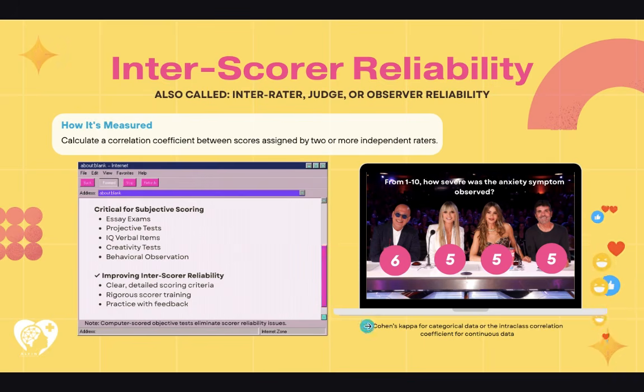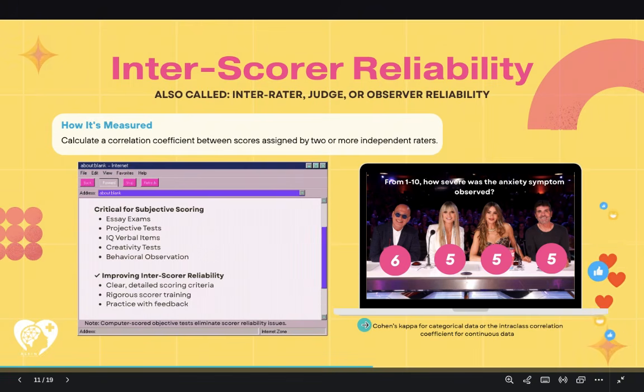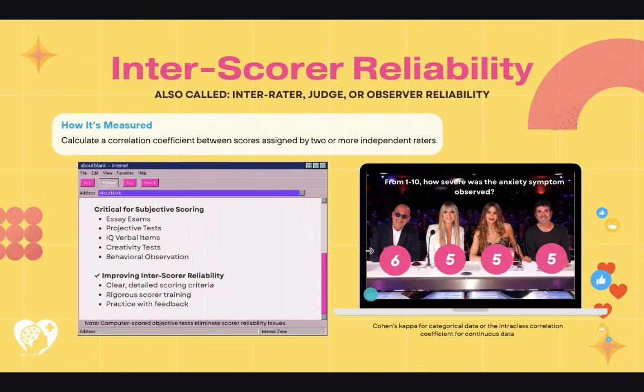And then usually when you're comparing results, it's with the help of statistical measures like Cohen's kappa for categorical data, and then intraclass correlation coefficient for continuous data. So if the ratings are consistent across raters, then you have high inter-rater reliability. That means your scoring system is standardized, easy and clear to understand, and usually your manual or your instructions are clear